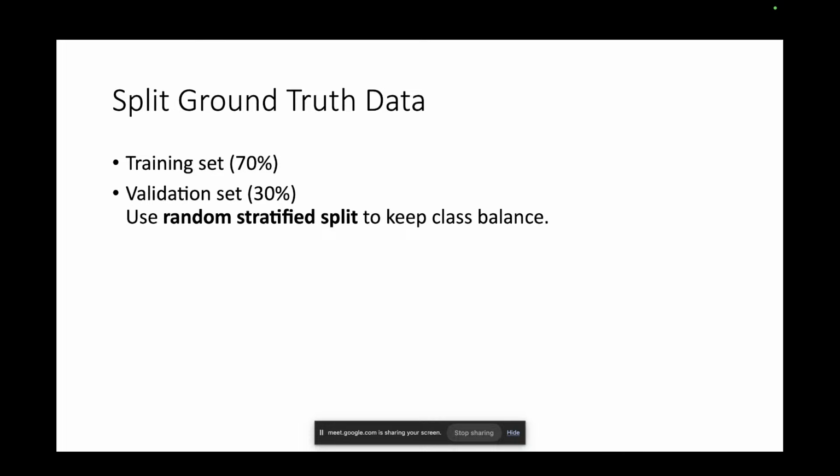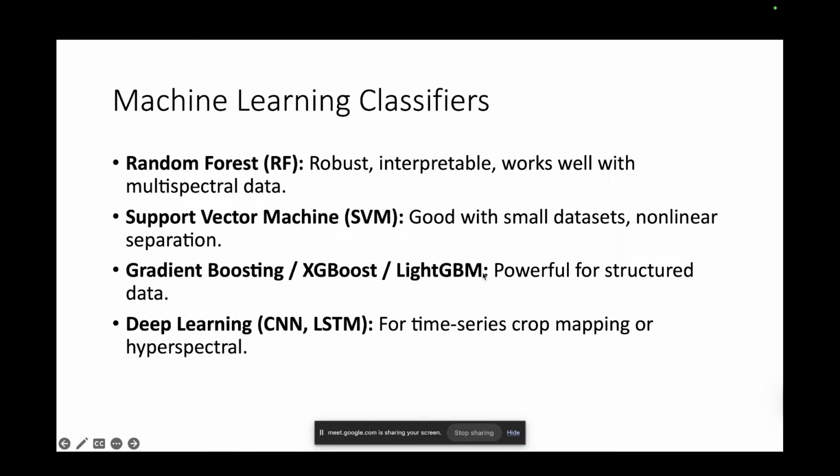And finally, after I create my data, we need to split the data. Suppose 70% of the data to train my model, and 30% of the data I use for validation, and we take the data randomly. A random stratified split to keep the class balance, and then we split the ground truth data. After splitting the ground truth data, we simply apply different machine learning models: random forest, support vector machine,